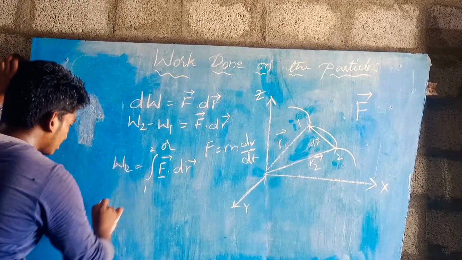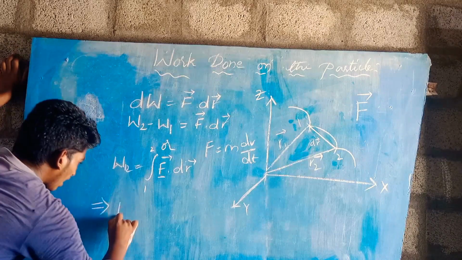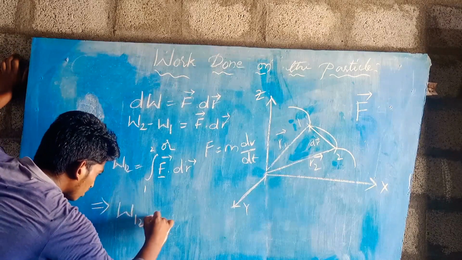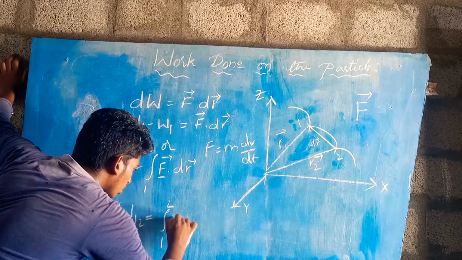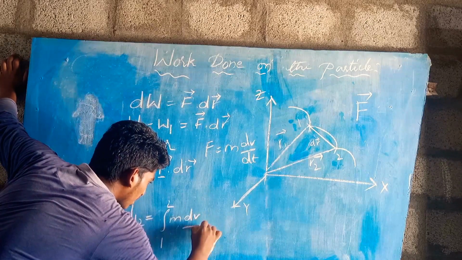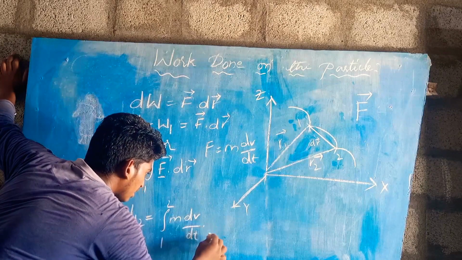By that, this equation can be modified as W12 is equal to integral 1 to 2 m dV by dt times